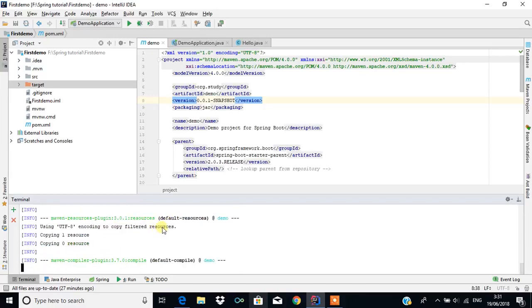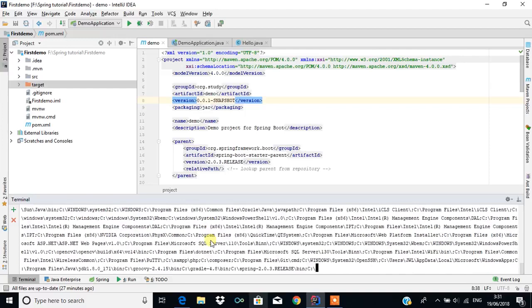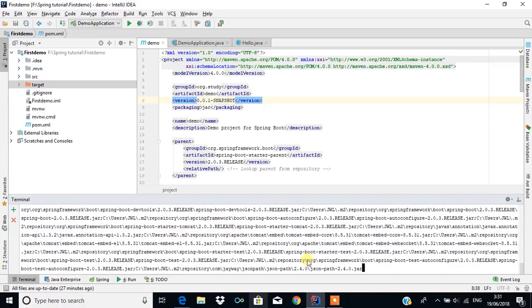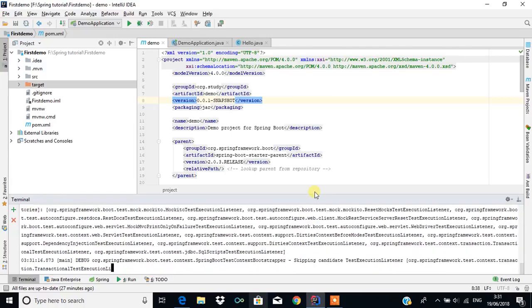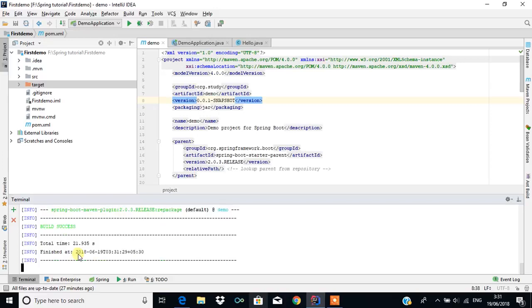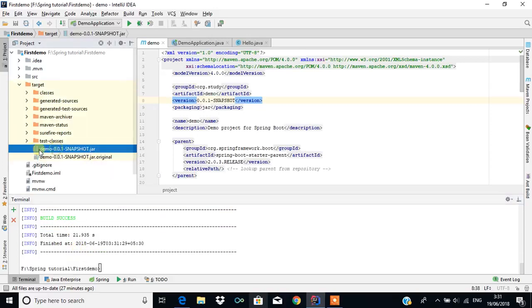So it will create a jar file for us. The same thing I did for the war file. It will add every jar file into the single jar file. So it will take some steps, and at last it has generated. Yeah, now you can see the demo